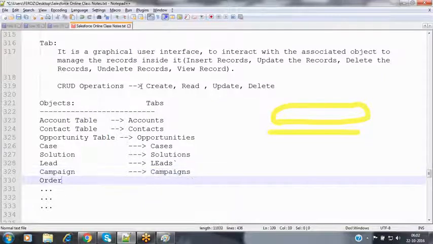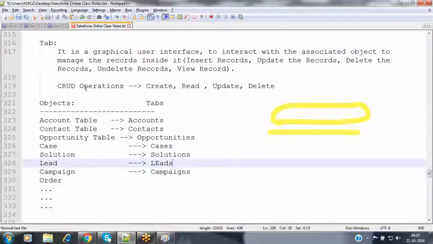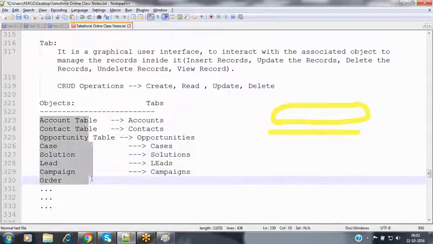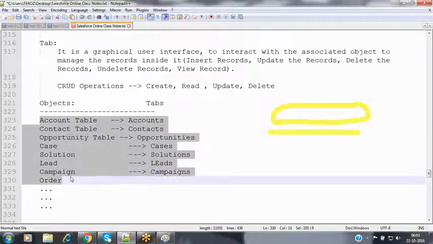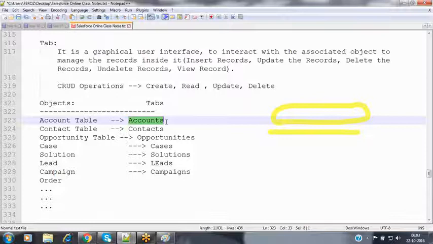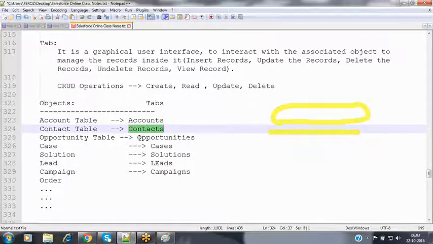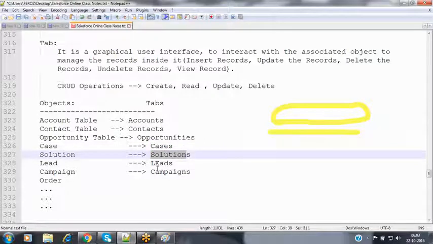Observe this. What difference have we identified when coming to the object names? These object names look like singular names: account, contact, opportunity, case, solution. But when you observe the tab names, each and every tab name is plural: accounts, contacts, opportunities, cases, solutions, leads, campaigns.